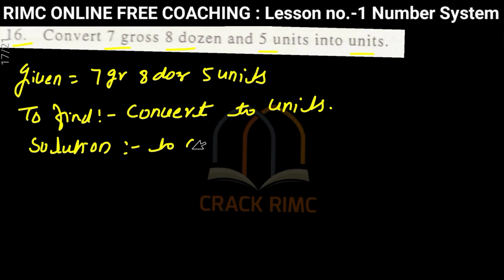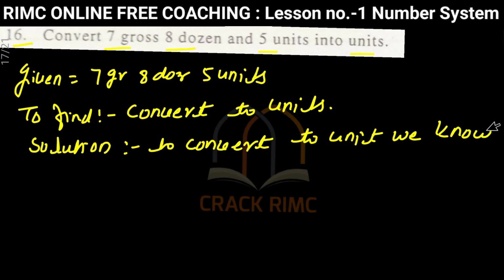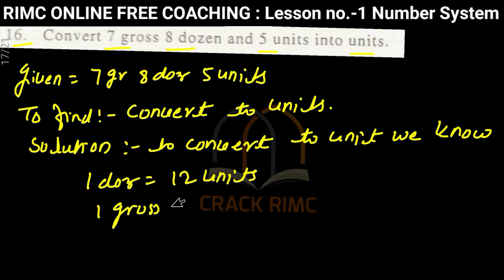To convert to unit, we know 1 dozen is equal to 12 units and 1 gross is equal to 12 dozen. So we can write here is equal to,